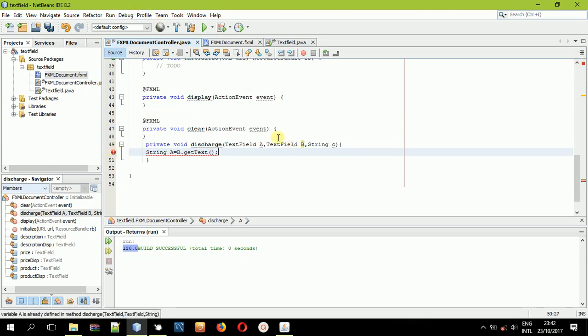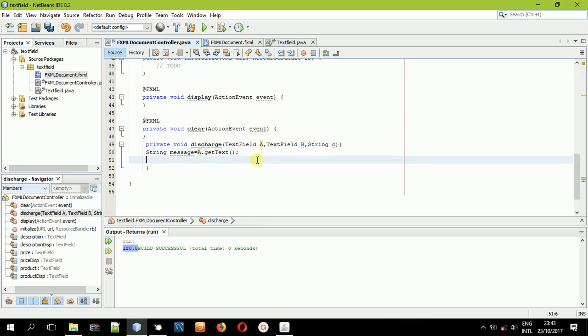Now we will be getting string message is equals to A dot get text, because we are getting text strings from the first text field dot get method. Now we will be displaying the information on B, so B dot set text, and here it will be C